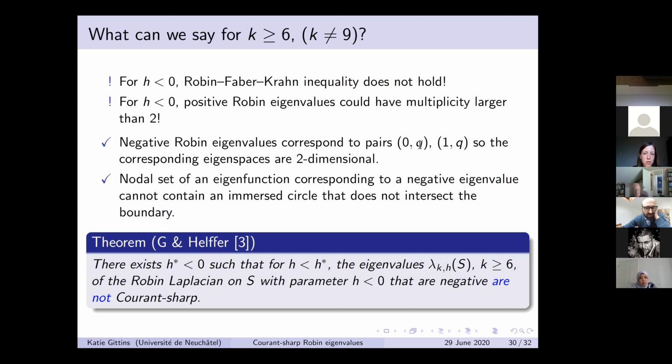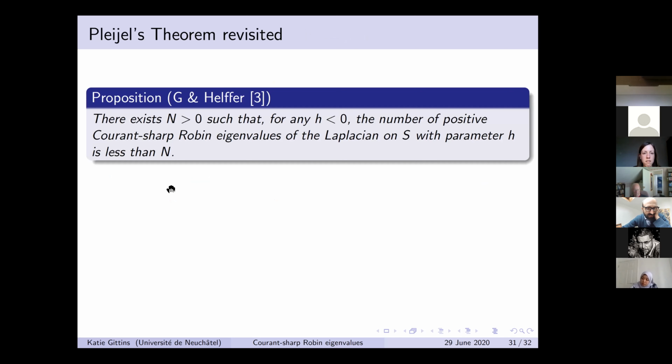So the eigenvalues corresponding to these pairs, a pair of this form or this form, when the eigenvalue is negative, it's not Courant-sharp. So that means if I go for H negative sufficiently large in absolute value, I know that the eigenvalue is not Courant-sharp. So just to finish, I'll come back to Pleijel's theorem in this setting, because using counting